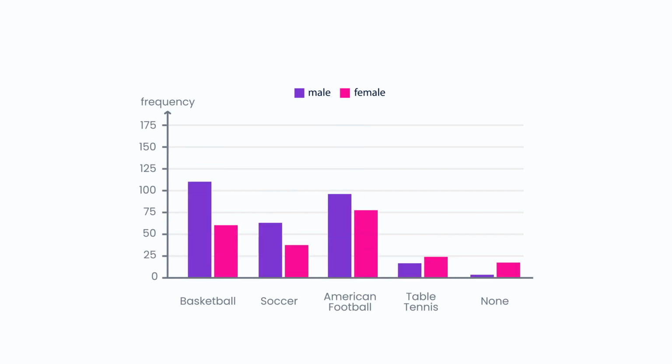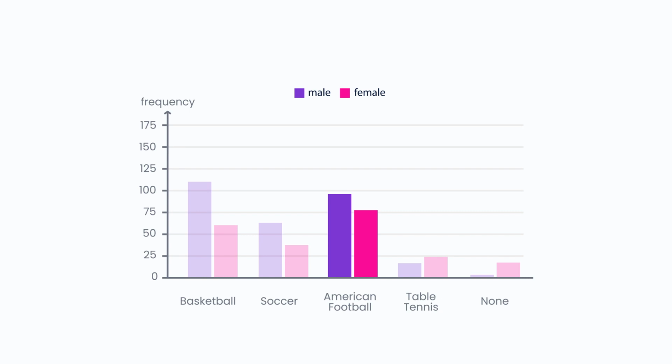This grouped bar chart displays the same information as the stacked bar chart. Each category is also divided into answers from male and female students. The 2 bars within each category are placed next to each other. To find the total frequency for a category, you must add together the frequencies for the male and female students